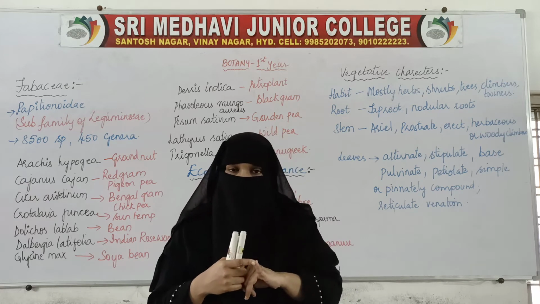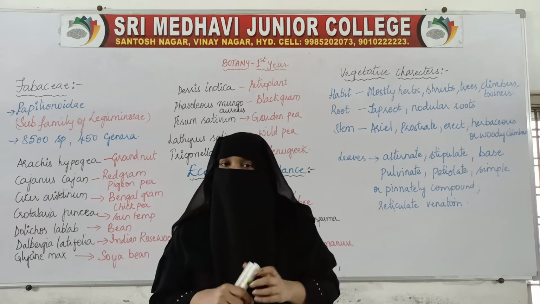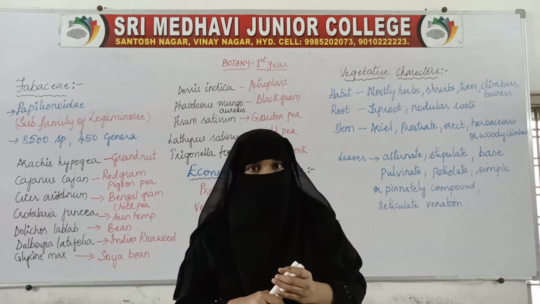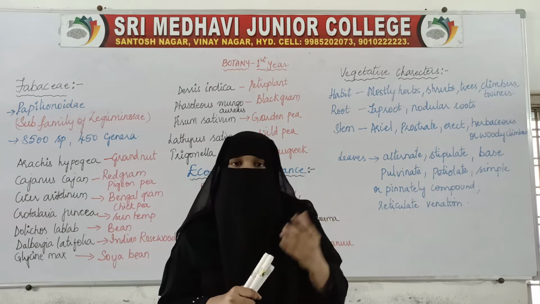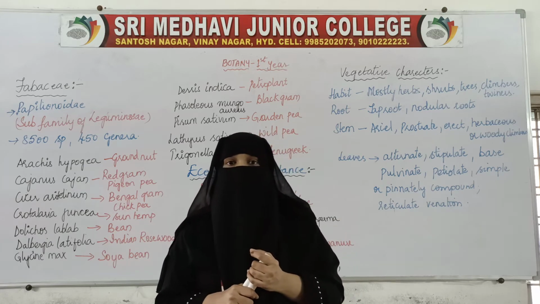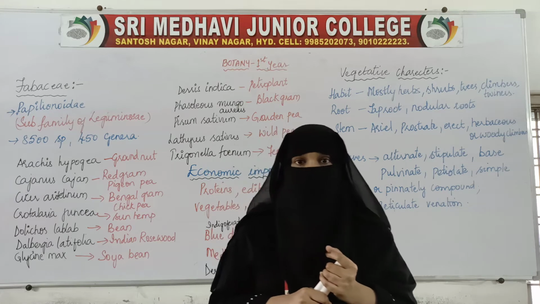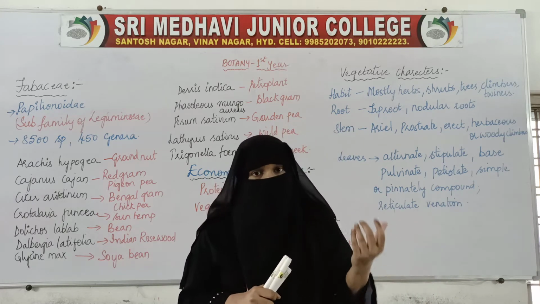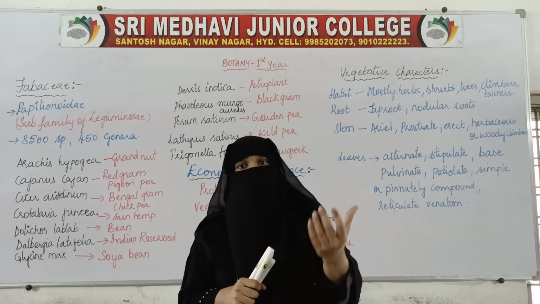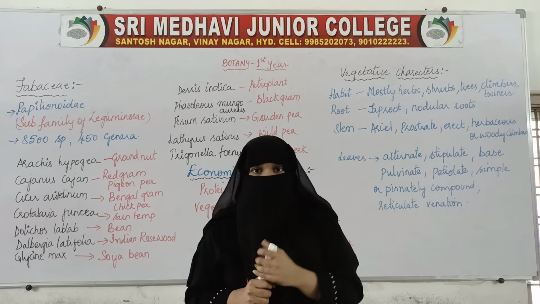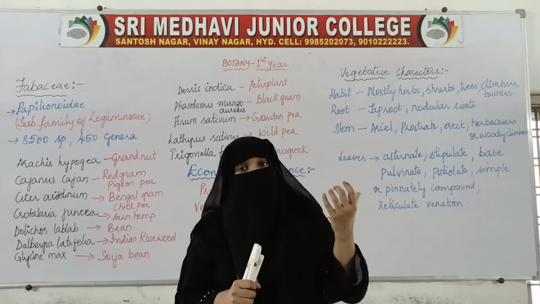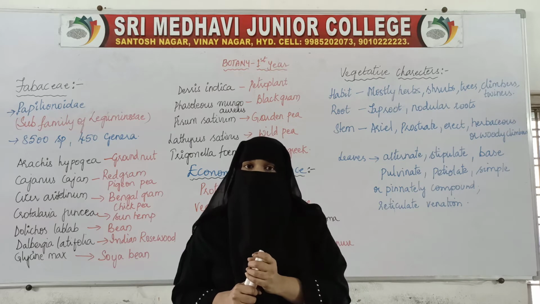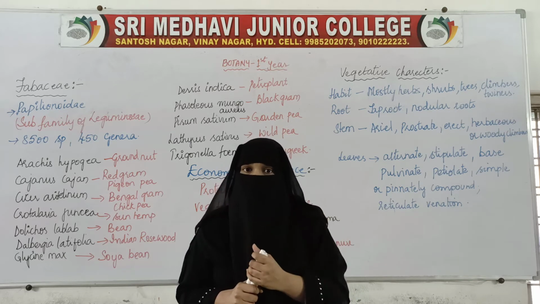We have already finished with the Solanaceae. We have studied the vegetative characters of Solanaceae, and we have also studied the floral characters. Then we have seen how to draw the floral diagram and how to write the floral formula. By seeing the floral formula we can draw the diagram, or by seeing the diagram we can write the floral formula, or else just by seeing these characters we can draw the floral diagram as well as write the floral formula.